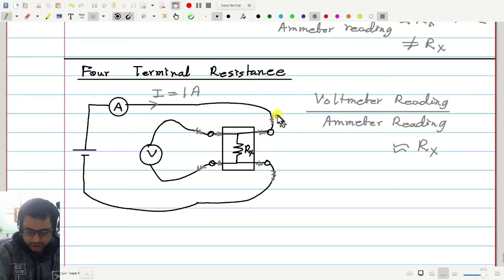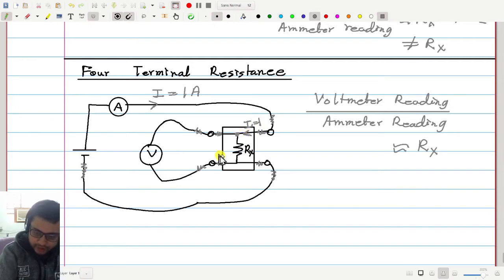But this voltage drop is in series with the battery circuit, so the battery may also have some resistance, etc. So this voltage drop is something similar to the voltage drop here, which will not bother us much. But this 1 ampere current will continue to flow here, I equal to 1. And here,